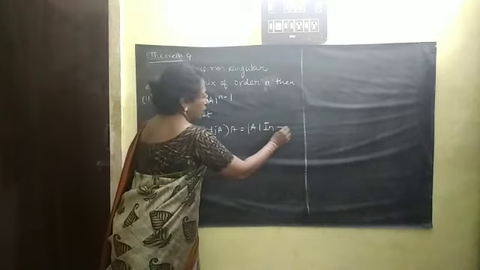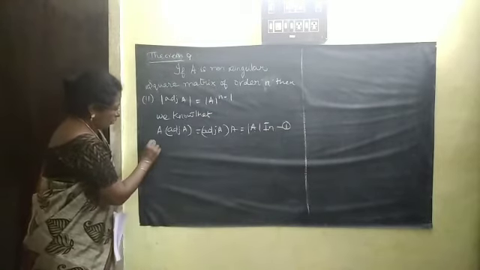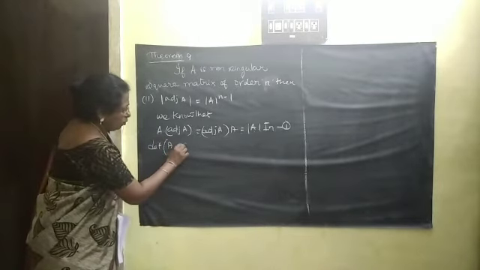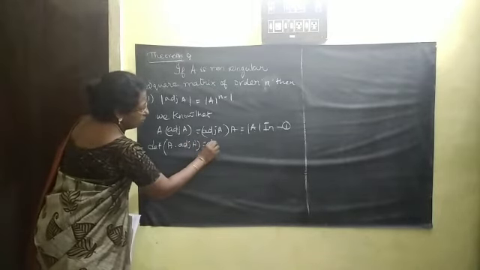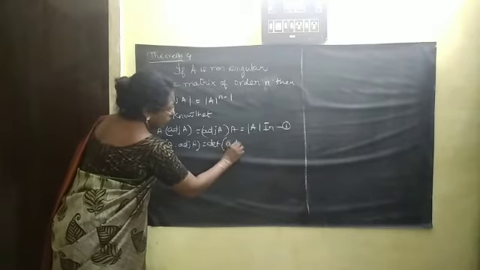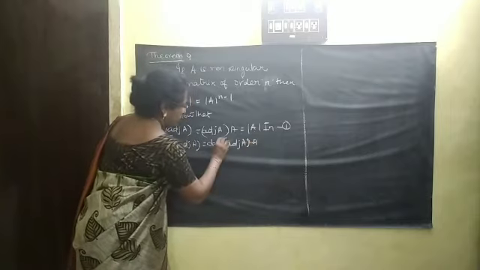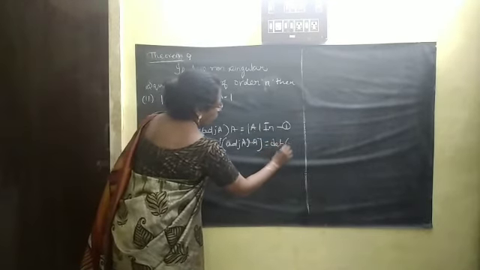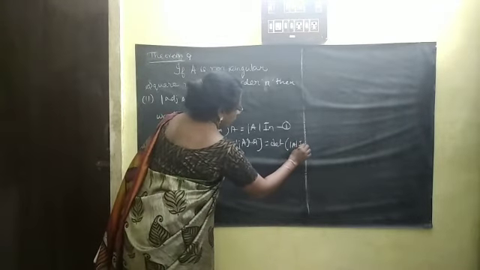Taking a determinant throughout this equation, we get determinant of A into adjugate A is equal to determinant of adjugate of A into A